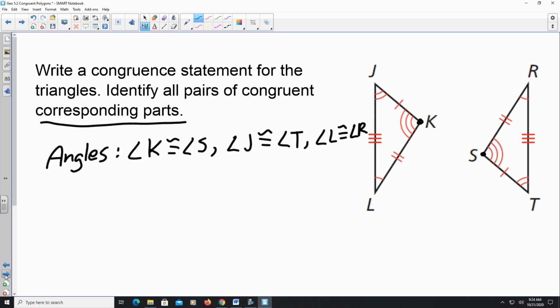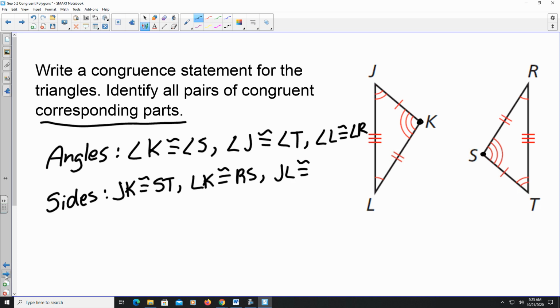Now, looking at the corresponding sides, we use the hash marks also to determine those as well. So I see that line segment JK is going to be congruent with line segment ST. All right, so they have the same one hash mark. The one that has two hash marks would be LK, congruent to RS. And then finally, we can say that the 3-1, so it would be JL, would be congruent to